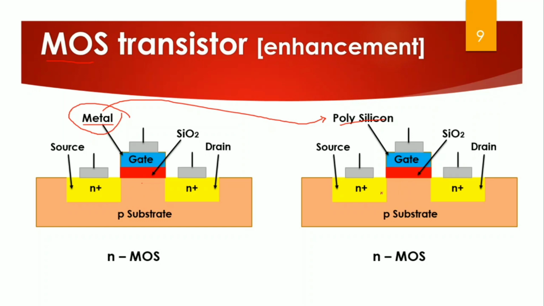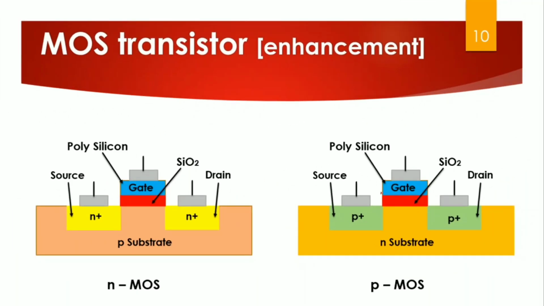Now first I will tell you about the properties. This MOS transistor is classified into two major types: one is enhancement, the other one is depletion. In enhancement mode, you have polysilicon, silicon dioxide, and N plus is the source, N plus is the drain. First, we have a substrate. In this substrate, you have the N plus source, that is, you diffuse N plus material here. And you have a drain which is also similar, N plus.